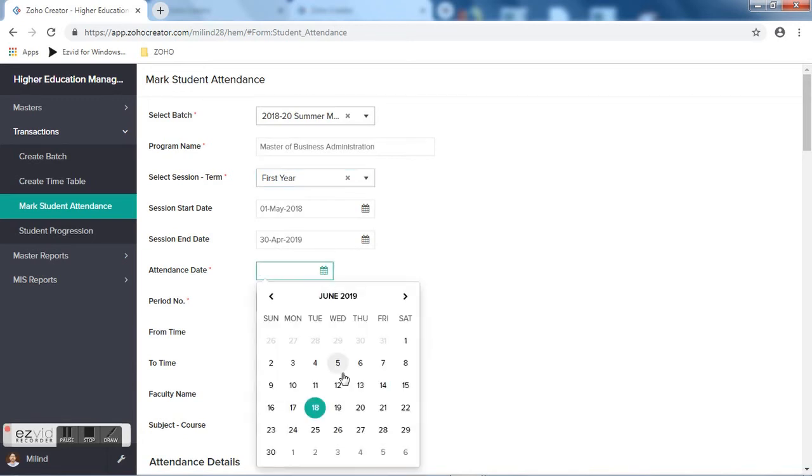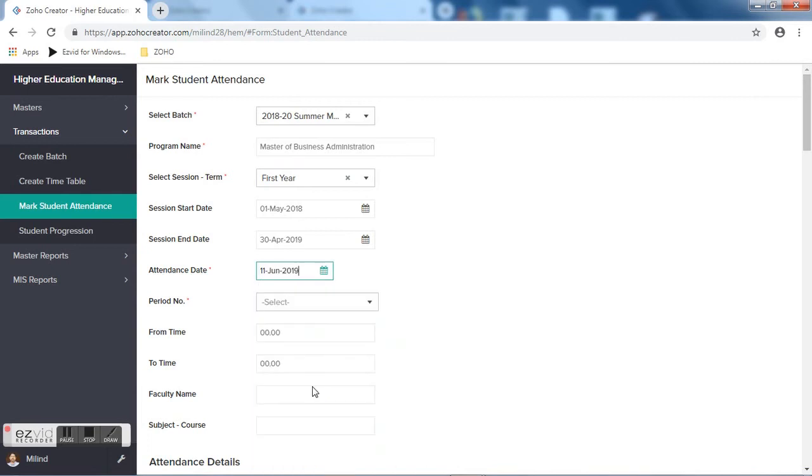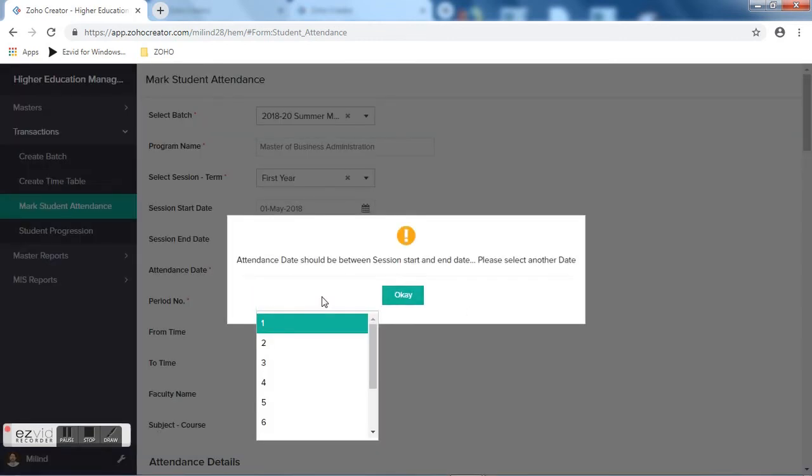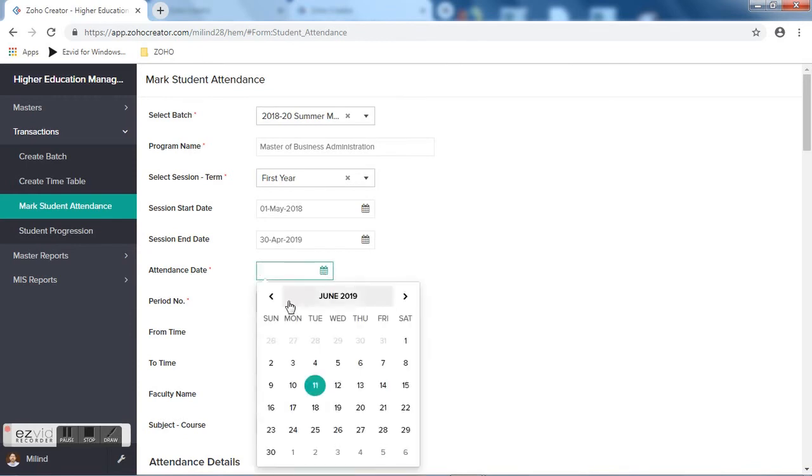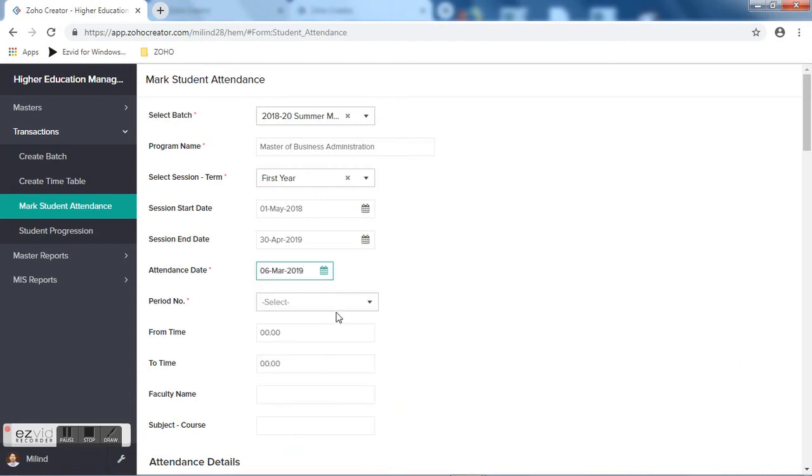So if I try to mark attendance for today, for example, it will give an error saying that your attendance date should be between the session start and end date, so please select another date. So I am going to just mark a backdated attendance for demo purposes. So I go to the month of March and select a day. I select, say, 6th March, and I select period 1.